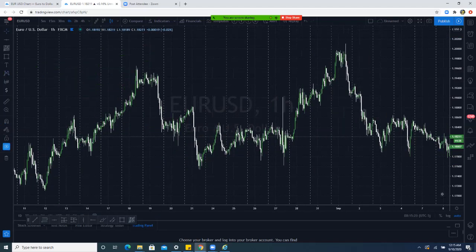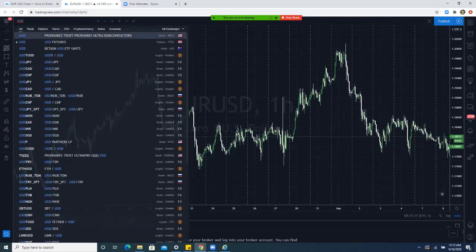And then I can hide my drawings by doing that. And you see that I've been using this button to delete them. So that's the left side of things. This is where you can search for different currency pairs or different stocks, whatever you're doing. You're going to see stocks, Forex, futures, cryptocurrency, index, economic